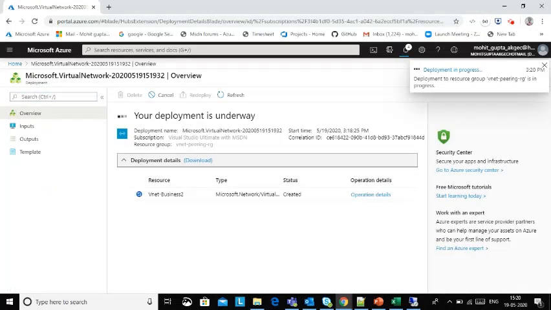Now my next task is to create two virtual machines, one virtual machine in each virtual network.